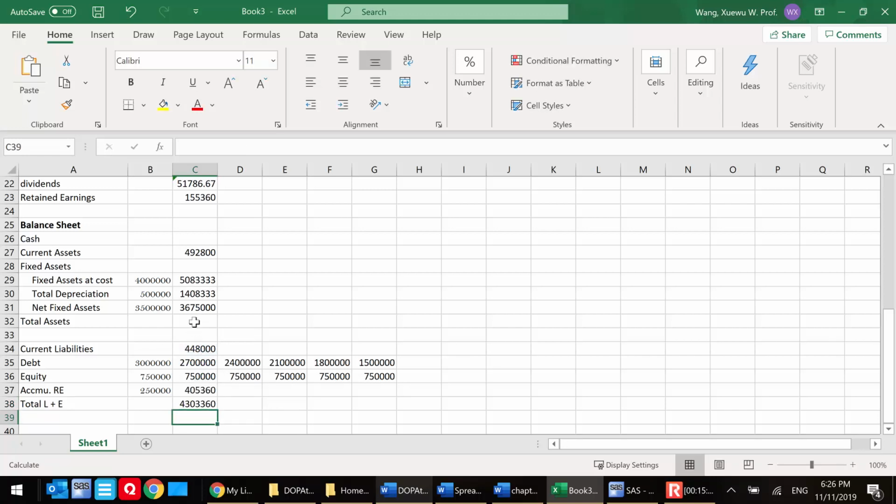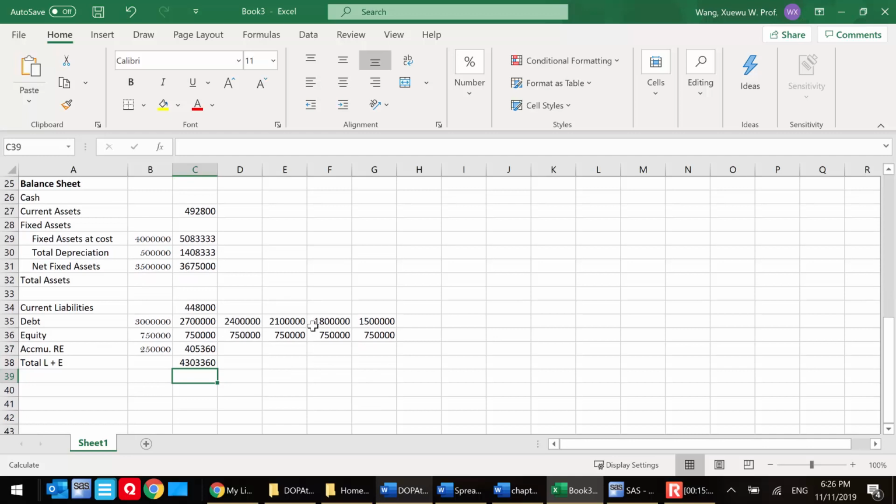All right, so now I'm going to solve this model here. We know that you're making all kinds of assumptions about the assets and the liability or equity side. So your balance sheet may not be balanced. So we need to prevent that from happening. And the way we do that is we manually balance the balance sheet. So we would set the total asset equal to total liability plus equity. And from that, let's actually,